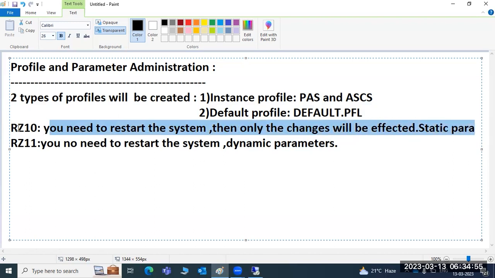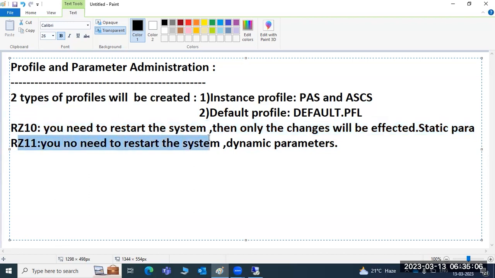So static parameters you change from RZ10, and these are the permanent changes. But for RZ11, you don't need to restart the system. These are the dynamic parameters. Immediately you can go to RZ11 and change the parameters. So the parameters which are changeable from RZ11 are called dynamic parameters, which means the value will take effect immediately. The parameters which are not changeable, which are only in display mode, or the parameters which you change in RZ10,